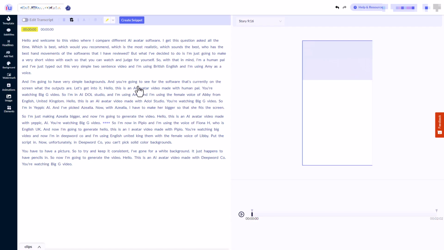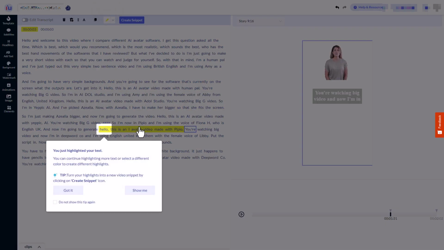And so that's given me my story here. Now I edit this with text, so I can easily get to the text I want, and it's much easier. So what I'm going to do, I'm going to edit this down. Where I've got some dots, that is a pause. So I highlight it, and I click on this highlight button, and now that's highlighted.